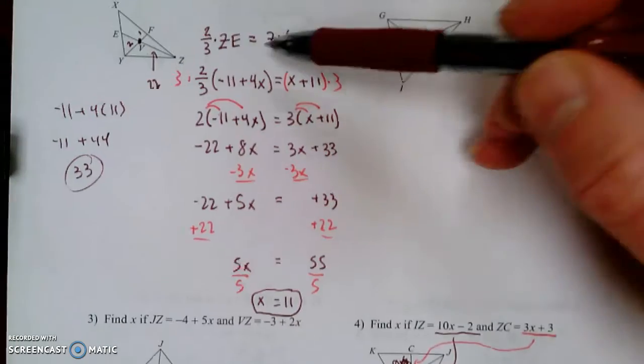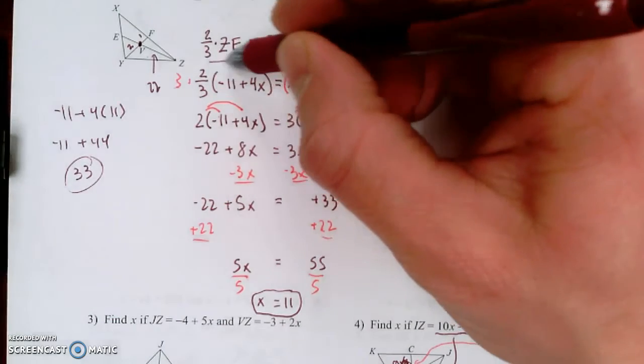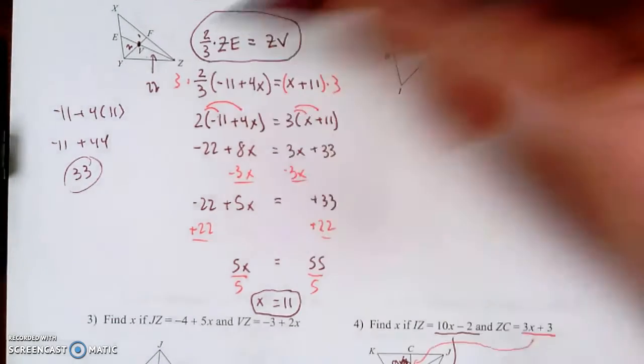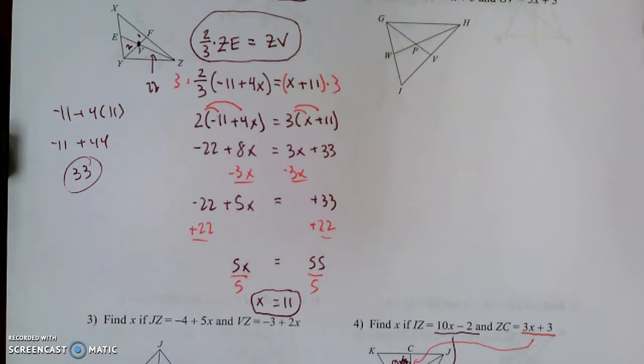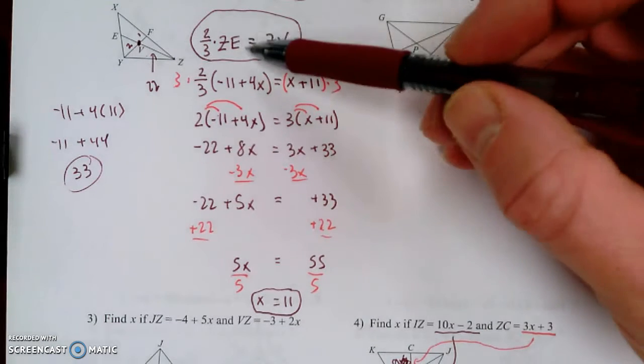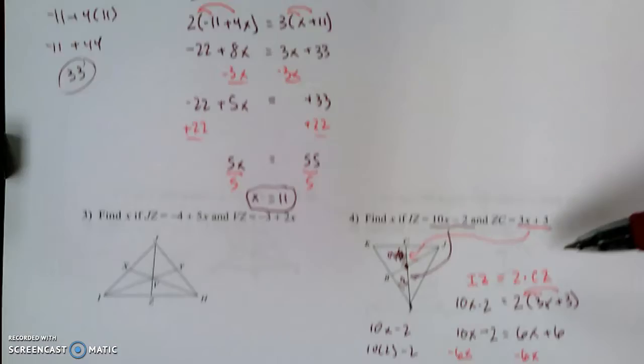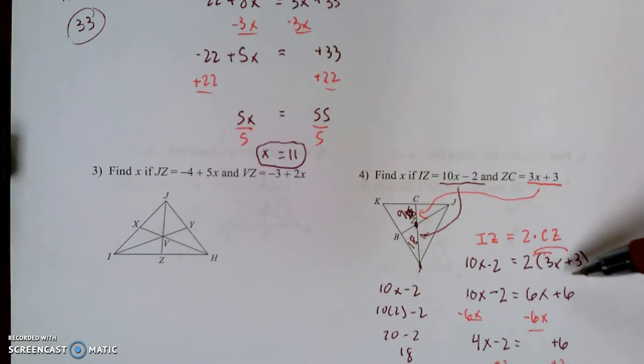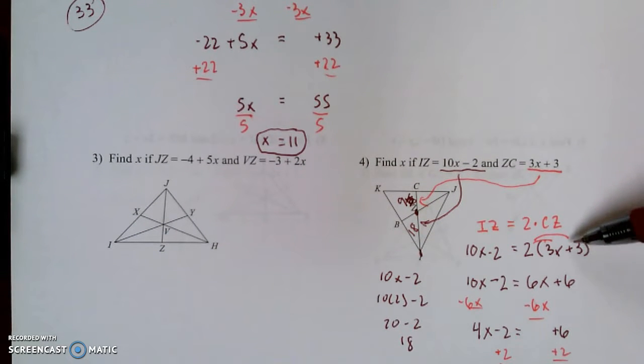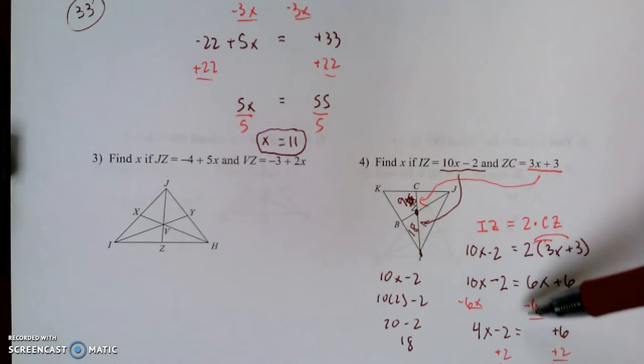All right? I would also recommend, go ahead and start out your equation like this, so that you know what you've got. Then substitute your expressions in there. And if you're multiplying one of your expressions by a constant here, like by 2/3, or down here it was multiplied by 2, make sure you put everything in parentheses. Then you've got to solve your equation